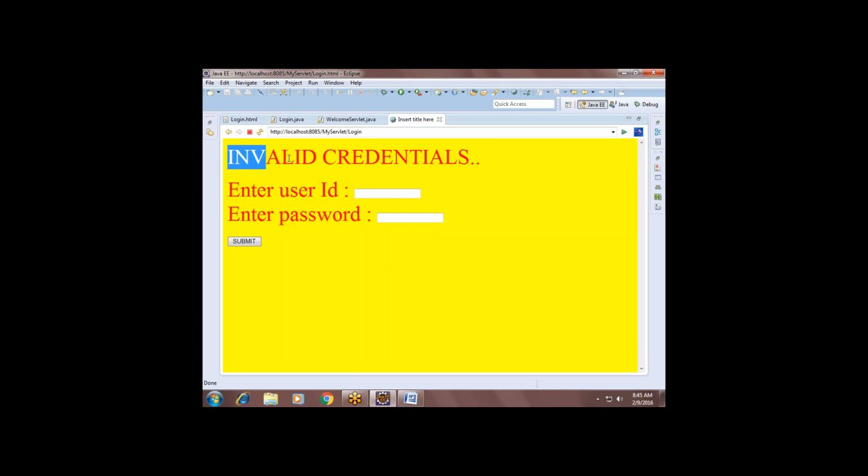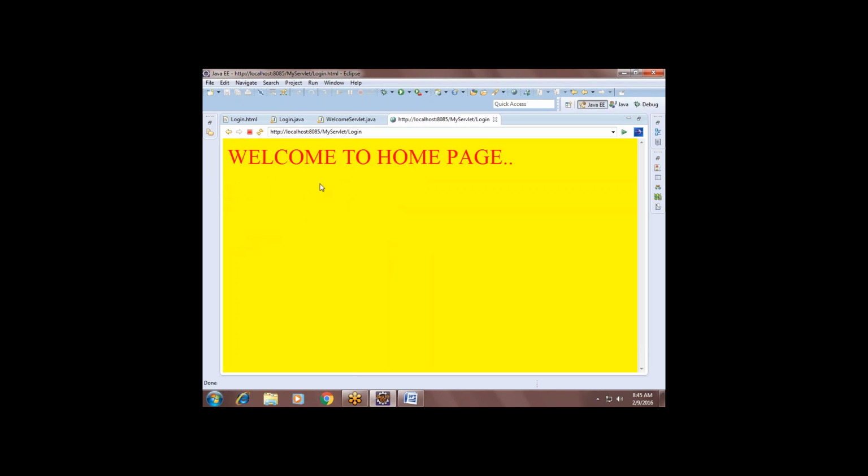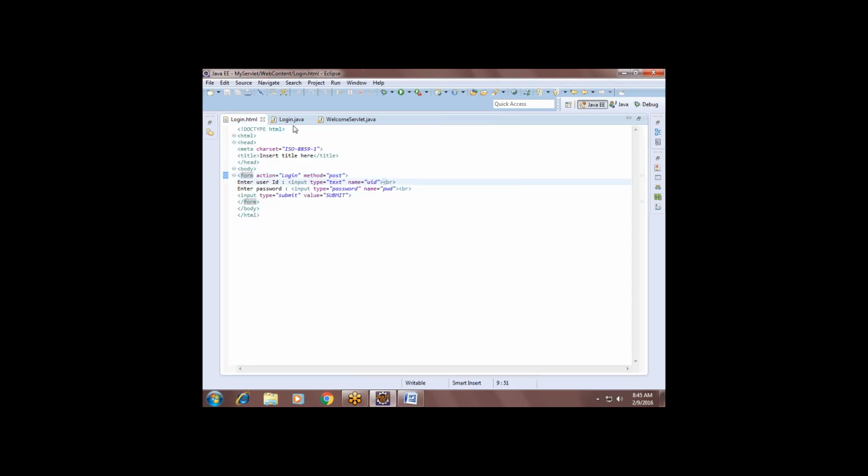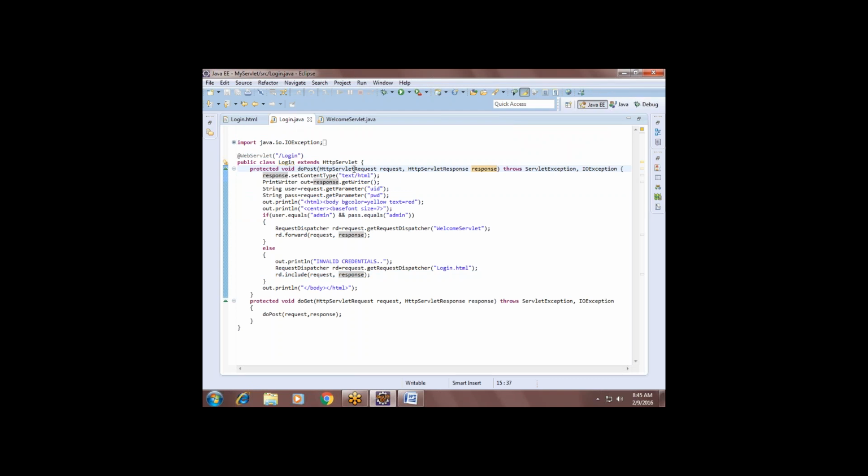So this is the include mode. Include mode will include the output of the current servlet, as well as it will call the destination resource. This is the include and forward. You are calling a servlet or HTML from another servlet. That is the thing you need to understand. This is most important, guys, in advanced Java.